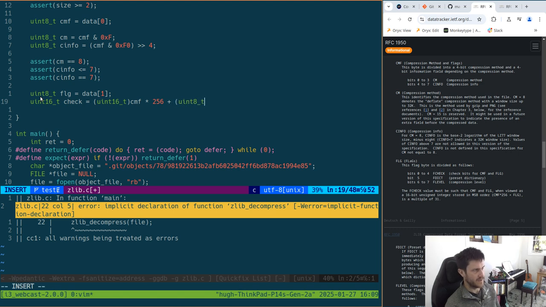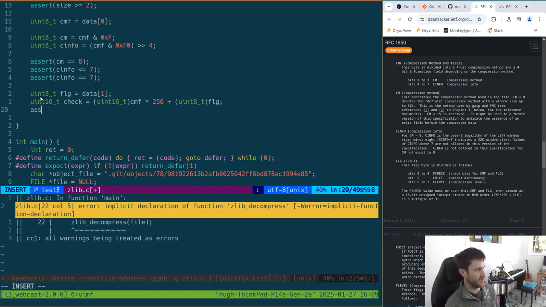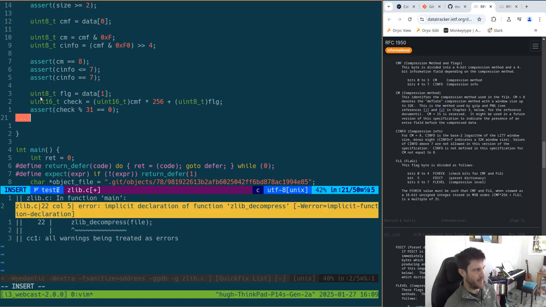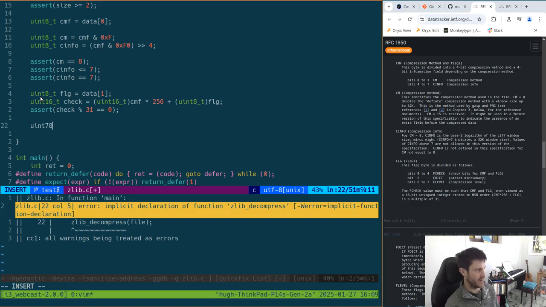It probably does it for me automatically, but may as well check. So we probably want to do this assert that check is a multiple of 31. Otherwise, we